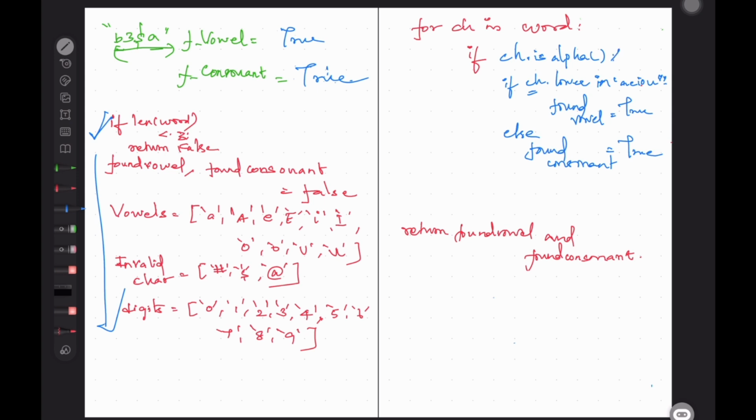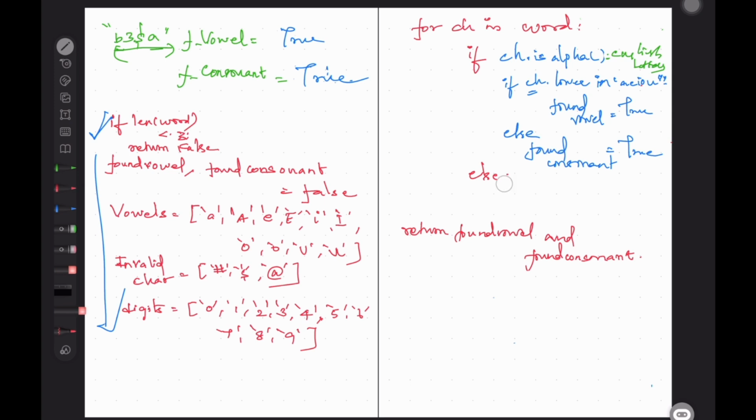ch.isalpha() denotes it's an English letter. Then else, we want to check, it's not like we necessarily want a digit, right?